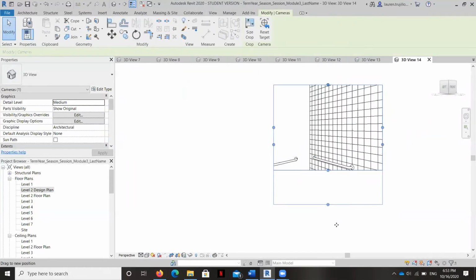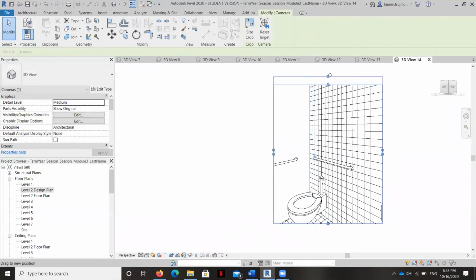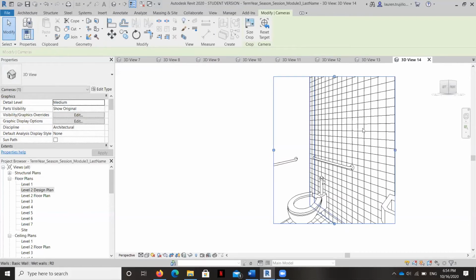There it is. Beautiful. So those are the types of just really small fixes that I want you to be aware of and feel comfortable changing, because again, this is a part of Revit where we want to be able to see things in different views, manipulate things in different views, and realize that this is a wall type, and so everything you do to this wall is going to affect all the different walls of this type.